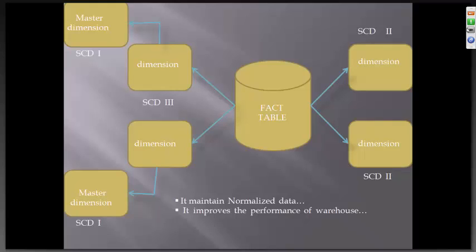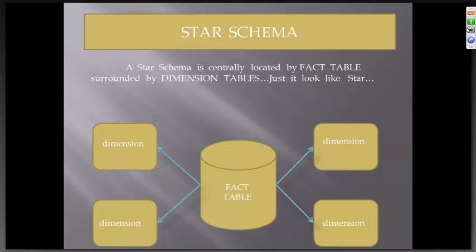This is only for improving the performance of the data warehouse. So what is the use of the snowflake star schema instead of the star schema? Actually here in the star schema, we are storing complete historical and current information in the